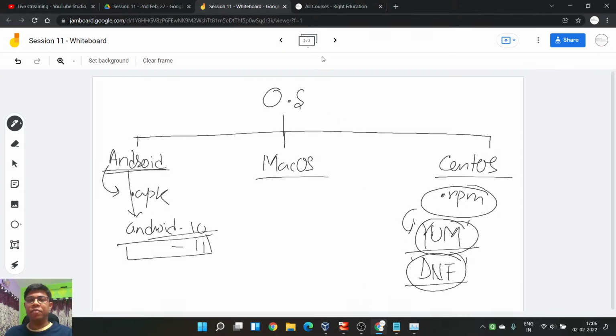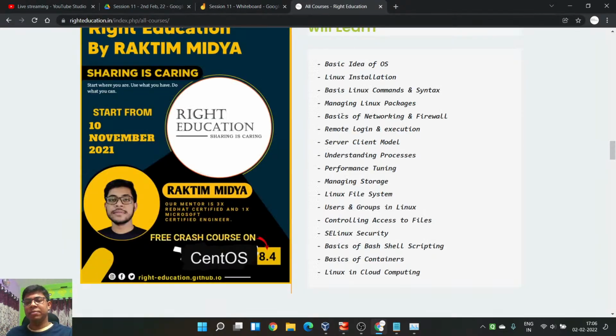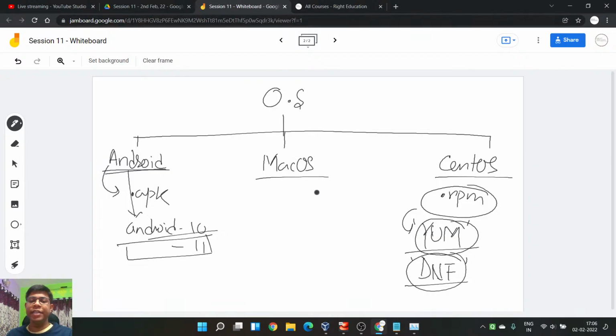All right. So this was all about package management. Now, if you talk about the basics of networking and firewall, this is a topic we also went very deep into, and we talked about the router, switches, and what is actually called routing.